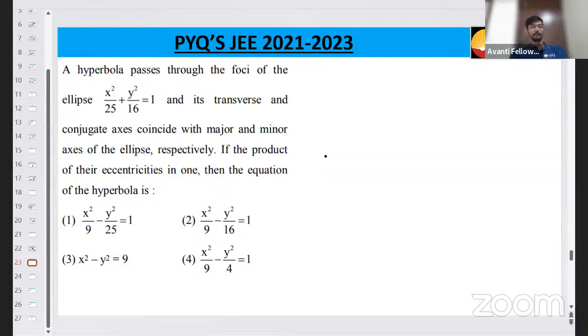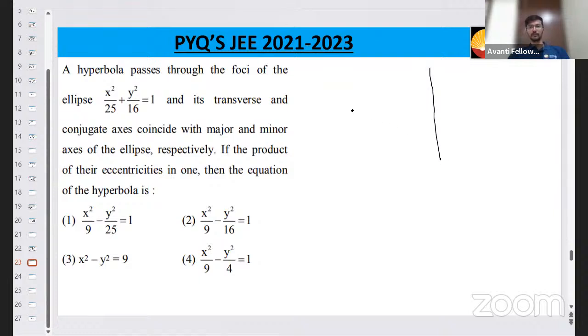Yes, this is a very big question, so we'll have to break it into parts. What does the question say? Let us read the question. A hyperbola passes through the foci of the ellipse, and its transverse and conjugate axes coincide with the major and minor axes of the ellipse. What it is trying to say is,